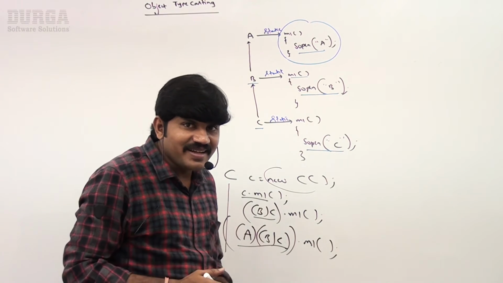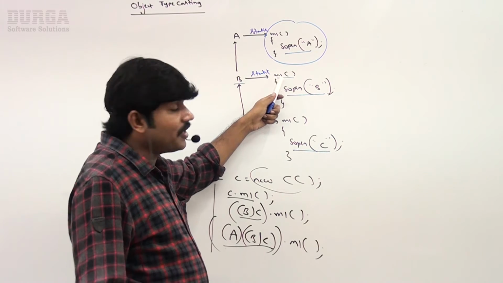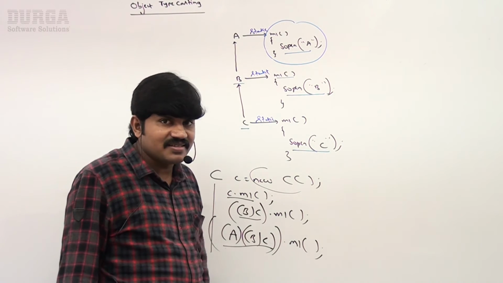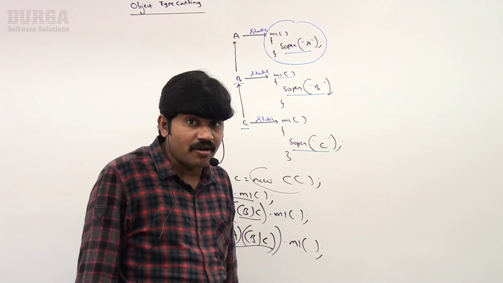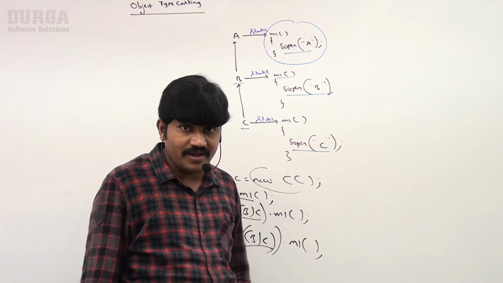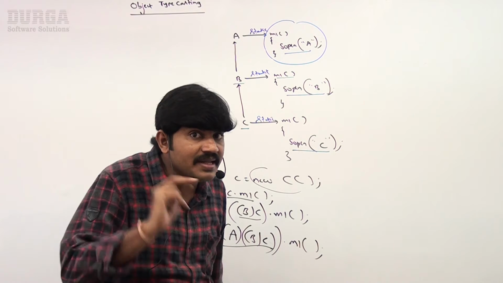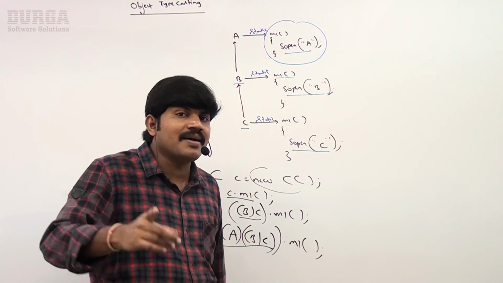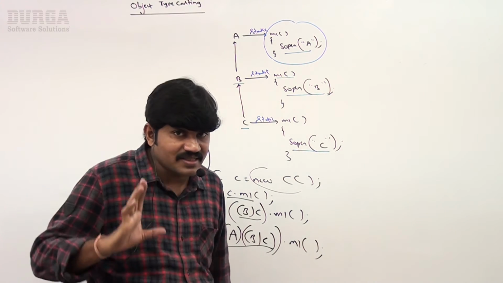Parent class and child class methods both have the same signature, same name, and same arguments, but both are static. What is this concept? Somewhere we covered it, and I showed the table also, right? It is method hiding. In method hiding, method resolution is always taken care of by the compiler